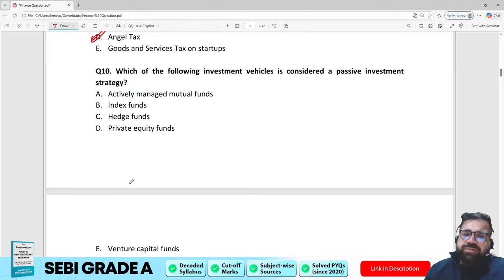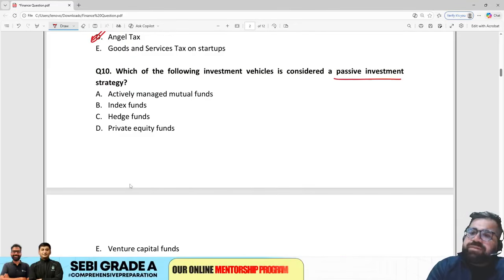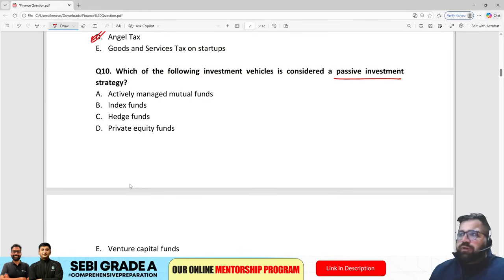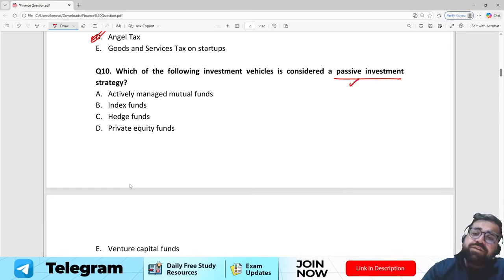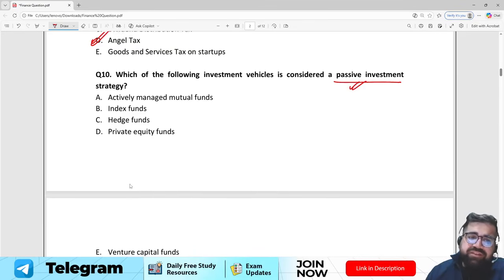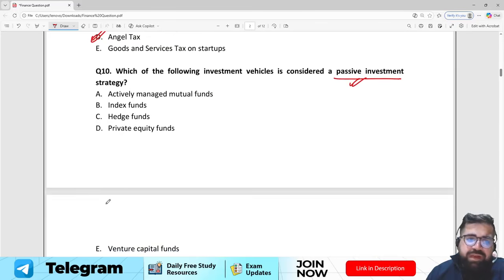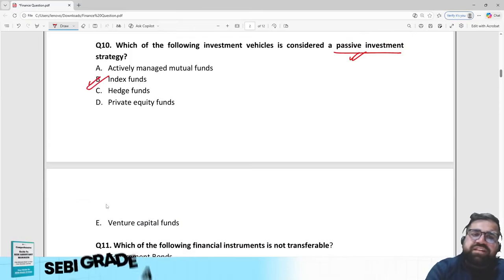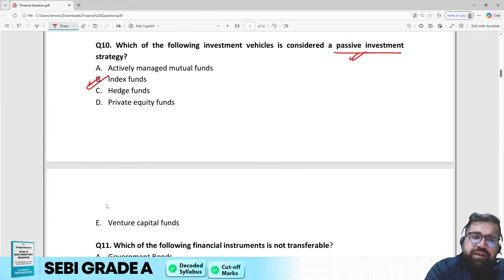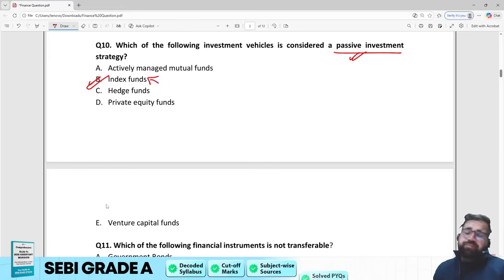Which of the following investment vehicles is considered a passive investment? Why passive? Because you just give the money and then you just forget your money. The money will either increase or decrease. It's like not active, right? So you have to identify which of the following is a passive investment: actively managed funds, index funds, hedge funds, private equity funds, or venture capital. The correct answer will be index funds, because if you invest your money in an index